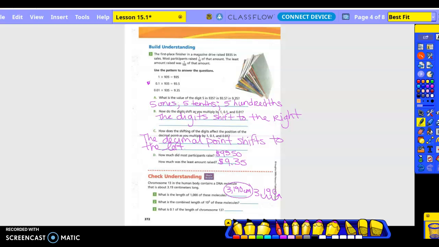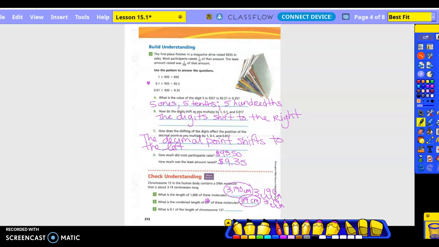What is the combined length of 10 to the second of these molecules? So once again, I'm going to write 3.19 because that's my original number, right? What is 10 to the second power? 100. So I'm going to just write 100 over this. So that helps me remember what it is. Now, am I going to the right or to the left? To the right, because I have a whole number, right? So I'm going to move how many places? 2. So 1, 2, and my answer is